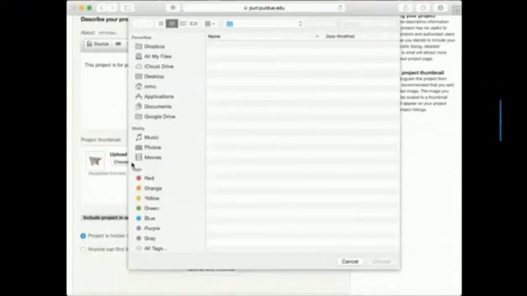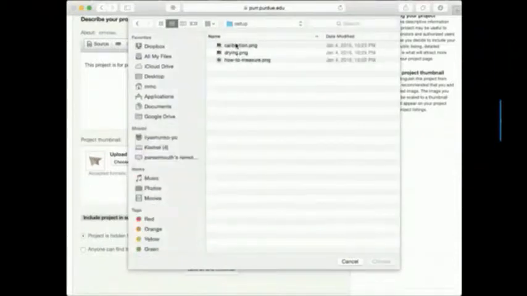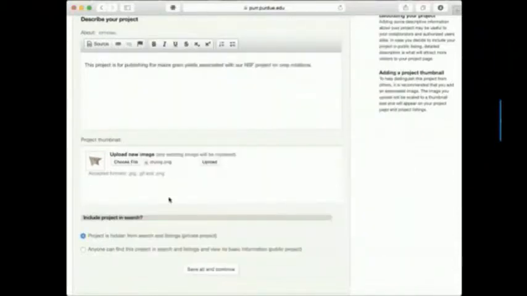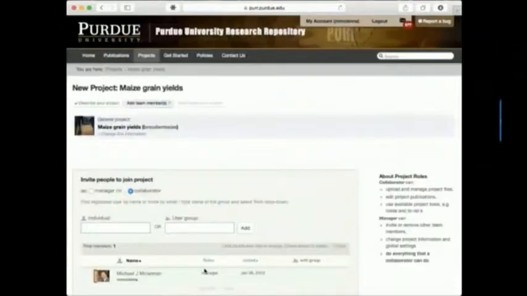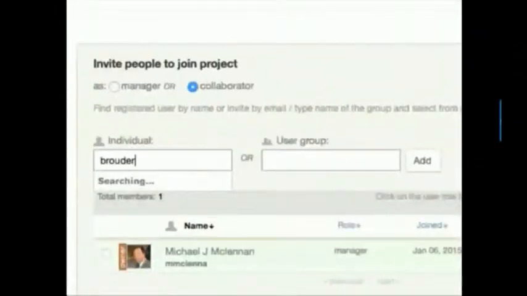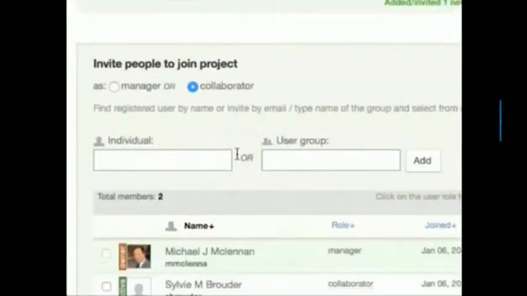You can add an icon. If you have about 50 projects, it really helps to have icons so you can recognize at a glance which project is which. And there's some controls too. You can say whether or not the project is visible to anyone or whether you want to keep it completely hidden, so the only way you can get into it or know about it is if you're invited in. But at least if it's visible, then people can see the abstract. They still can't get into the data unless they're on the project team.